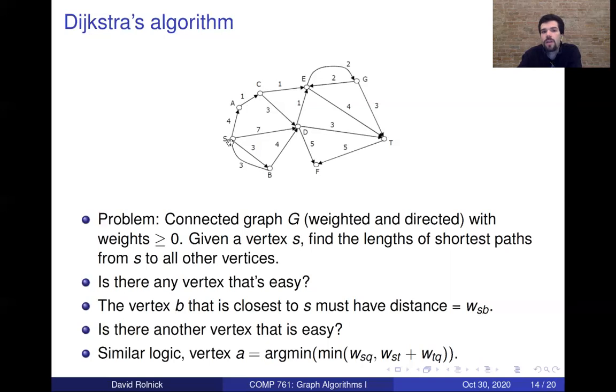Okay, so if it goes through S to A, then we've already included the distance to get from S to A. If we are going from S to B and then on some long path going to A, we know that the shortest way to get there would have been to go, we know that we have to